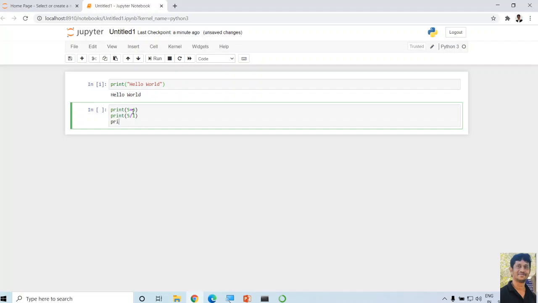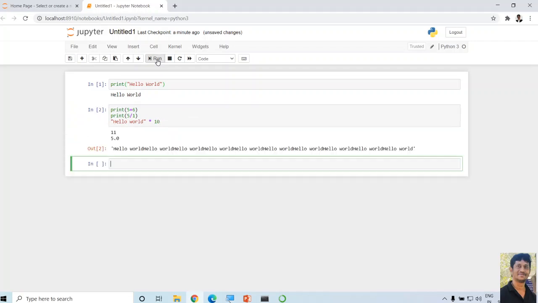Next, let me print hello world 10 times, so I'm going to say hello world into 10. Let me run this script. To run, we go to the run button and click on it. You can see here we got 5 plus 6 is 11, 5 by 1 is 5.0, and it is printing hello world 10 times.